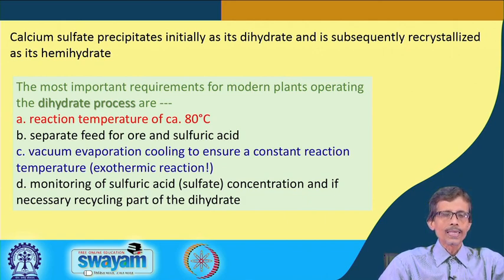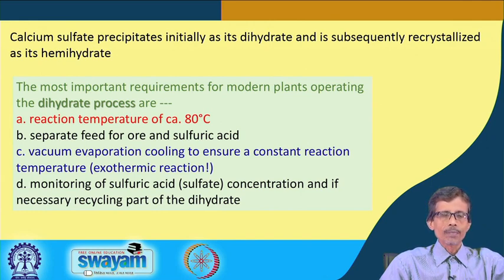So, it is typically a dihydrate process, where we can have a reaction temperature of about 80 degrees and separate feeds of ore and sulfuric acid. So, we are introducing sulfuric acid and the ore there, then vacuum evaporation cooling to ensure